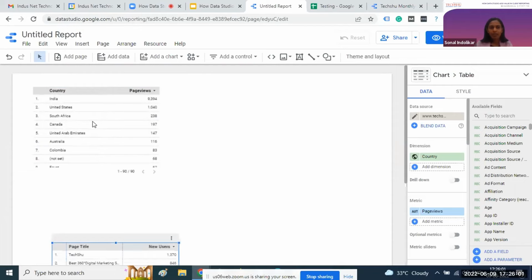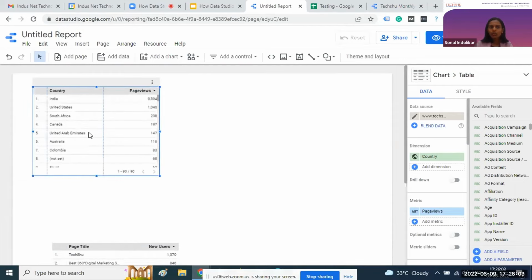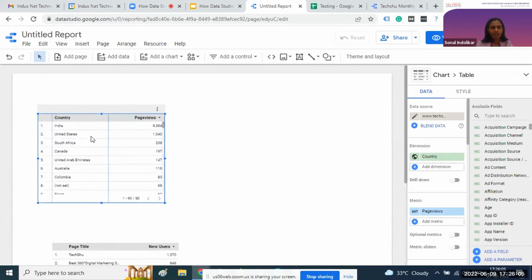In the table format, you want to show the data from which channel you are getting the data. As you know, the dimension is the descriptive metric available in Google Analytics, and the metric is the measurement metric available in Google Analytics. These are the built-in metrics available in Google Analytics.